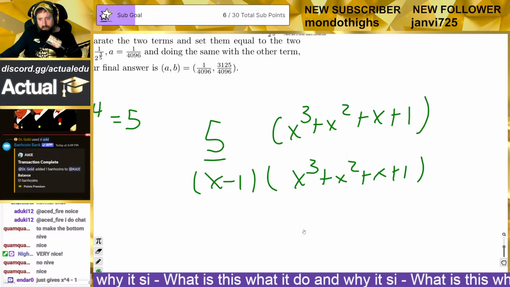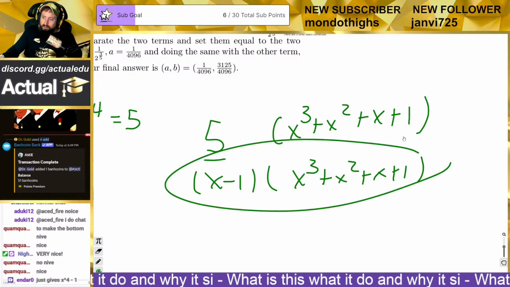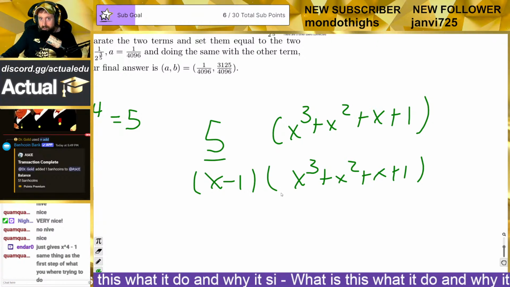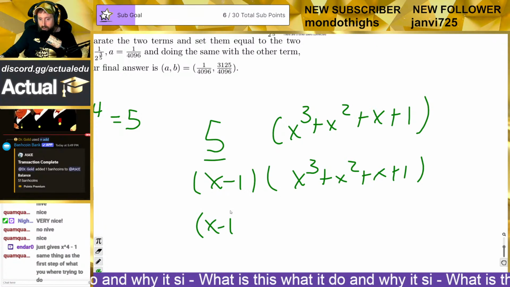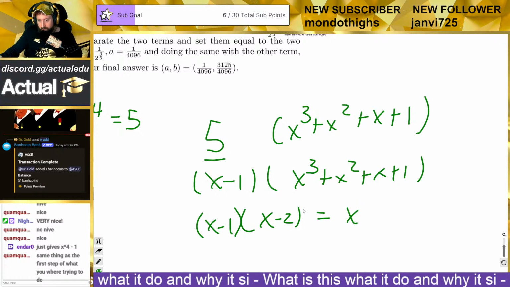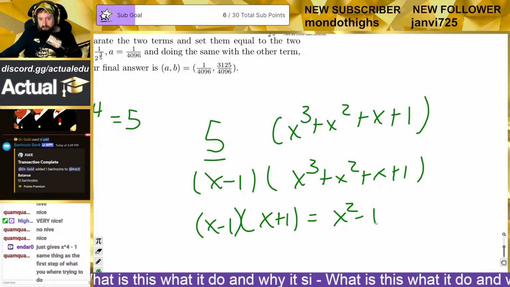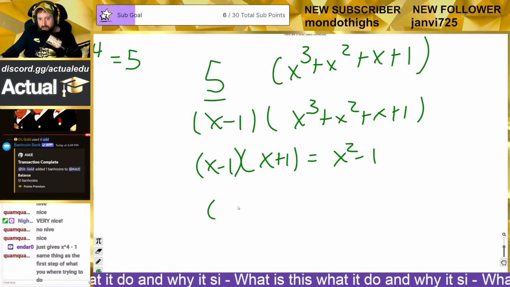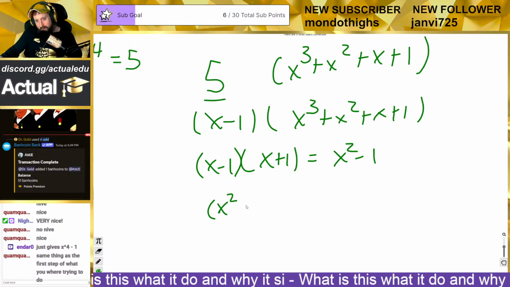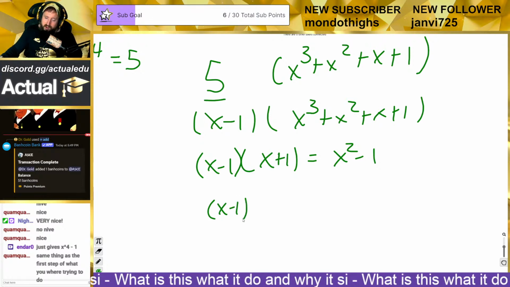It gives x to the 4th minus... Okay, that's what I was asking. I was asking what the quartic is. Because this is similar to if you were doing x minus 1 times x plus 1, to get x squared minus 1. And if this was x squared, like if I wanted x cubed, I guess, that would be x minus 1 times,